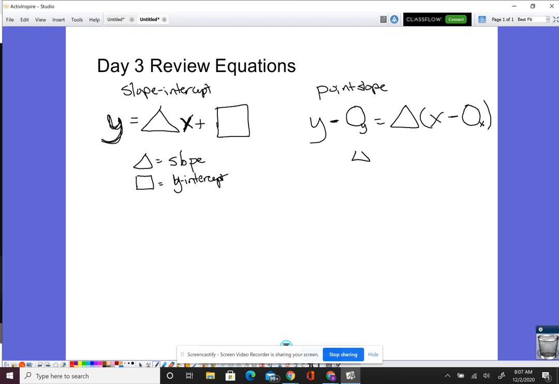And so once again, the triangle represents the slope. The circles represent the point. So the point that we're given is circle X and circle Y. So anywhere that you see a symbol is what you're going to be replacing depending on what they give you. So if they tell you they want an equation of a line,